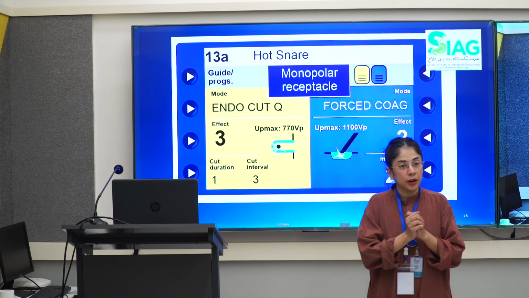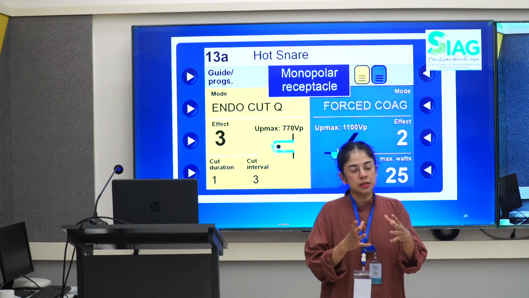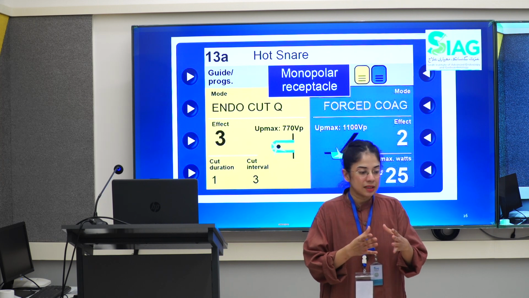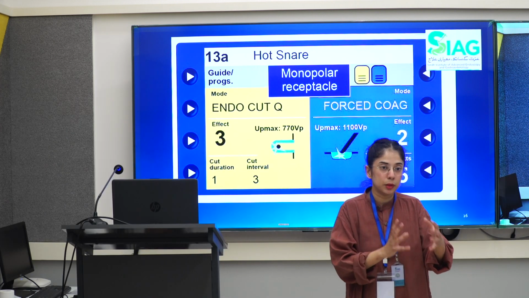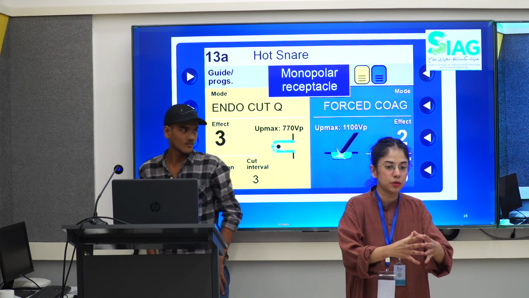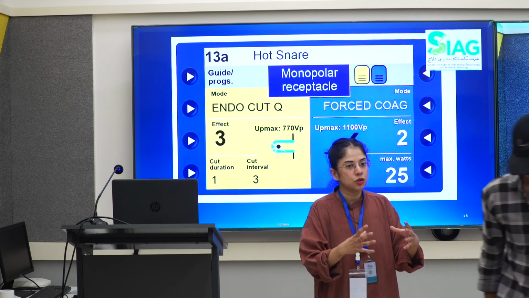But if I go for very high coag settings, what I'm doing is exactly what Dr. Austin said. In 60 to 100 degrees temperature, it doesn't cut through a very narrow line of tissue with precision. That's not its job. Its job is to cause major damage. Okay? That major damage is cooking the stalk of the polyp.